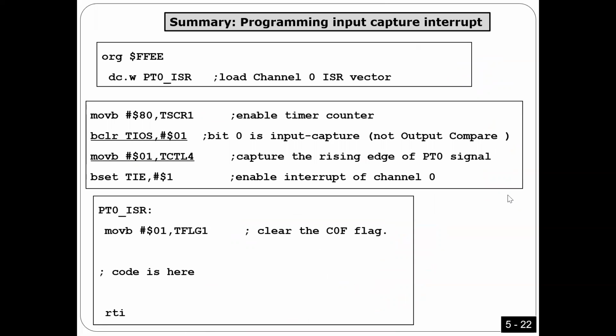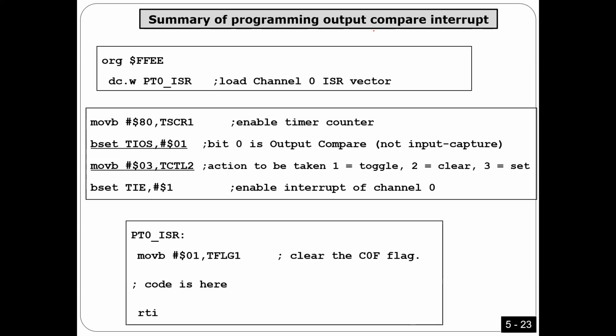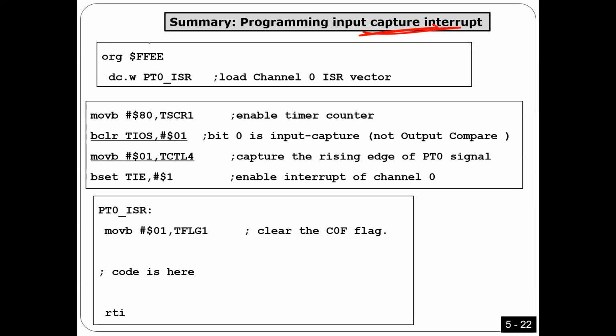Look here, guys. So what I did here, number 1, if you want to use input capture or output compare, okay, you have to configure the timer as well, because the timer is used to help input capture or output compare, right? So I have to configure both the timer and input capture or output compare. That's what I'm doing here. For example, I want to program input capture. Okay, guys, for sure you have to use this one. Okay, for sure. Number 2, you have to write here something for the timer. You have to enable the timer, right?